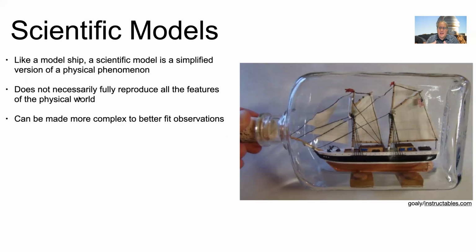And that's the same for scientific models as well. We can have very simplified models of how the world works, or we can add more complexity, more features into our models, make them more complex, add more mathematics to them to try to better fit the observations. And in general, this will be the typical rule that a simplified model will mostly fit the observations, but not perfectly. But as you add more complexity, as you better account for the things that are in real life, the better your model will fit these observations.